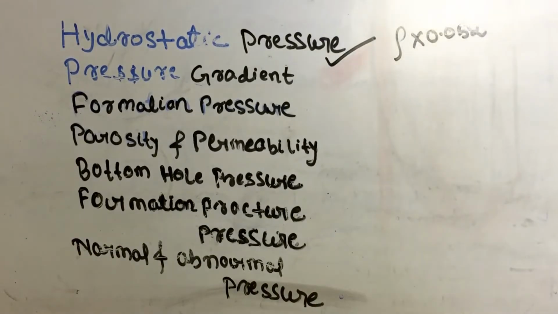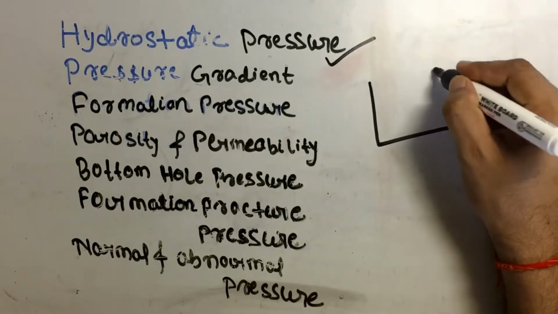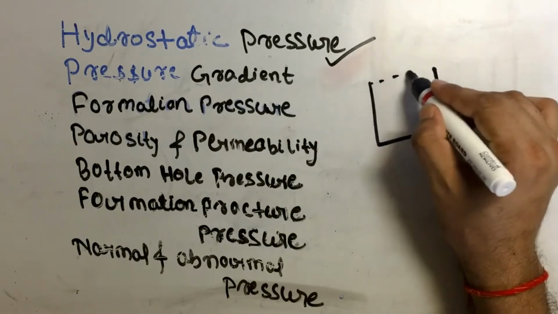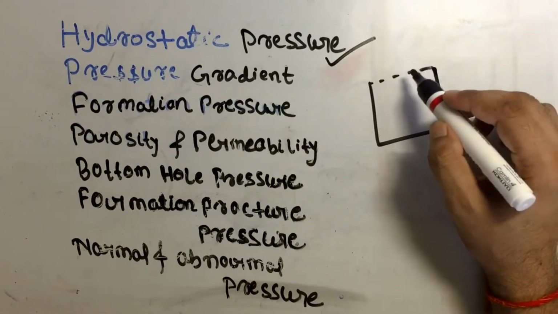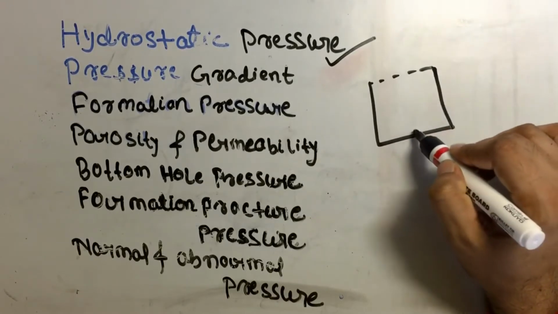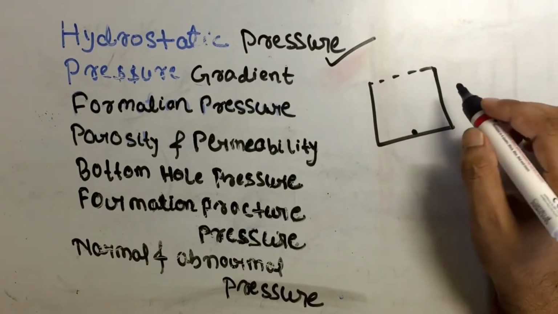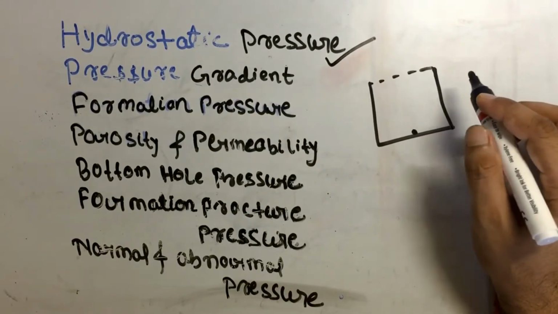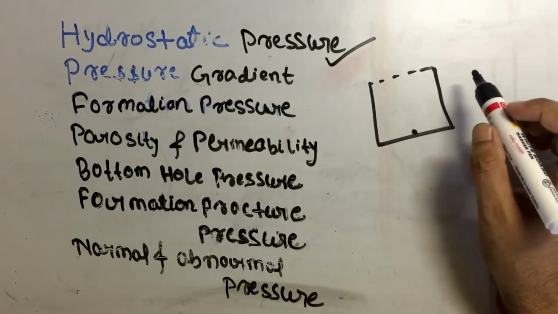I am going to describe it in an easy way. If you have a 1 foot pot or barrel and it is filled fully to the top, the hydrostatic pressure applied by that fluid at the bottom is known as the pressure gradient. In another way, you can say that the pressure gradient is the hydrostatic pressure in 1 foot. Okay, got it?